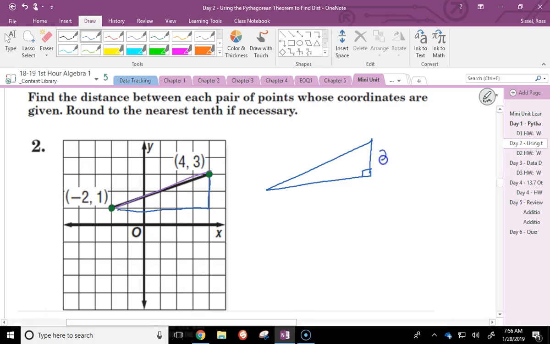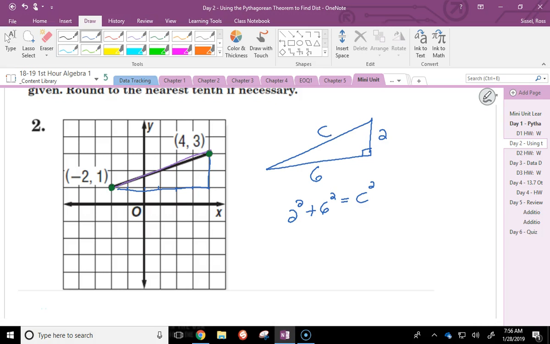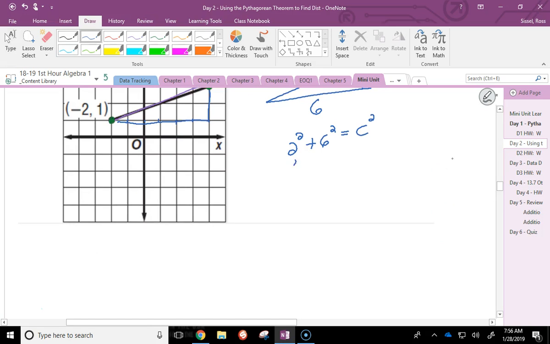But this height was 2 units. The run was 1, 2, 3, 4, 5, 6. I can write my equation: 2 squared. That should have been 6 squared. That should be 6. 2 squared plus 6 squared equals c squared. And that's all we're going to be doing today for the most part. Showing how we're going to take a line and make a right triangle out of it, and then use our Pythagorean theorem. So this is 4 plus 36,